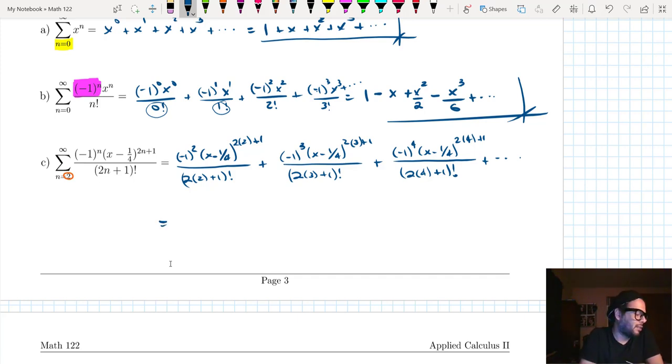All right, let's simplify this. So here we are going to get the following. I'm just going to write this below because I don't want to write everything. Okay, 2 times 2, this will be 4 plus 1, this will be a 5 factorial, which happens to be 120. This is 2 times 3, which is 6 plus 1. That'll be a 7 factorial, which happens to be 5,040. And this is going to be 2 times 4, which is 8 plus 1, which is 9 factorial, which happens to be a huge number,